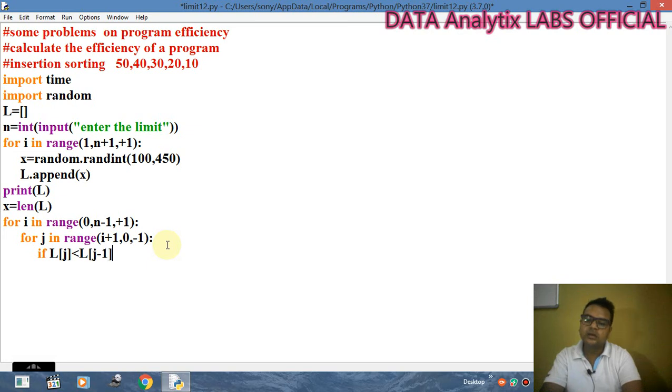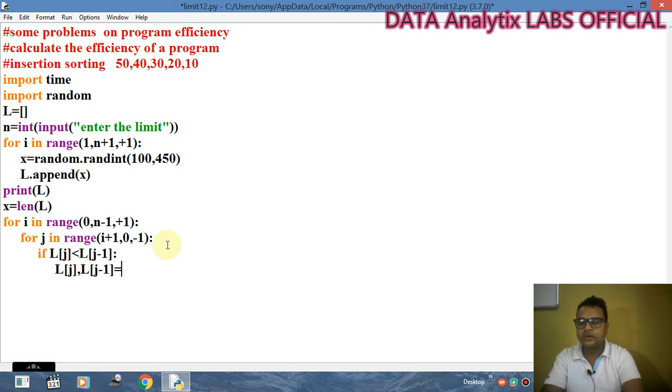ठीक है. So if this condition is true, then both are going to interchange their position. So that means L of j की जगह पे, we have this L of j minus 1.